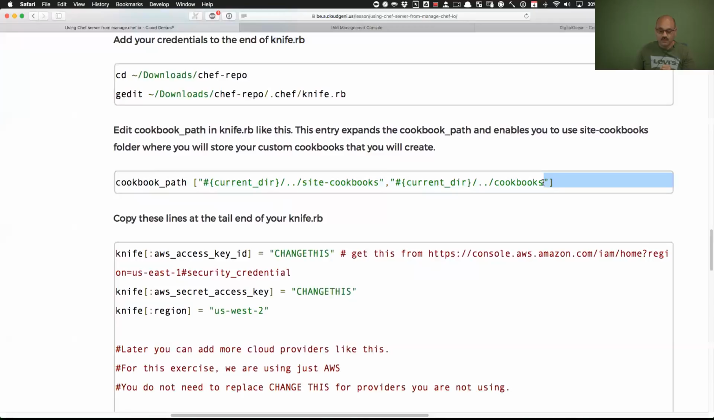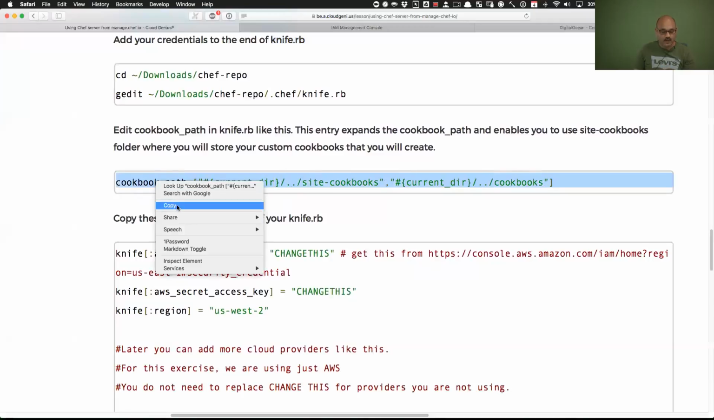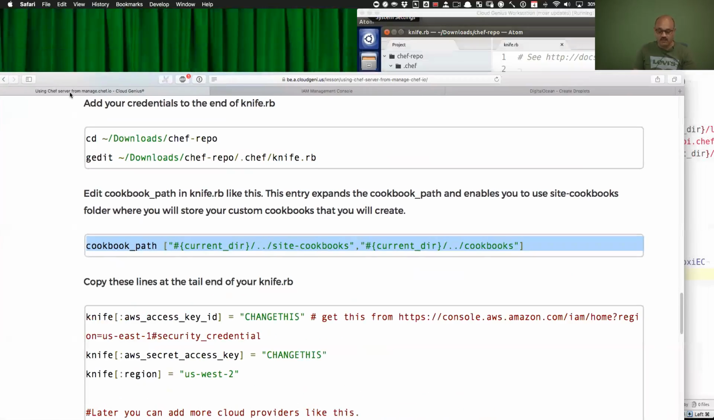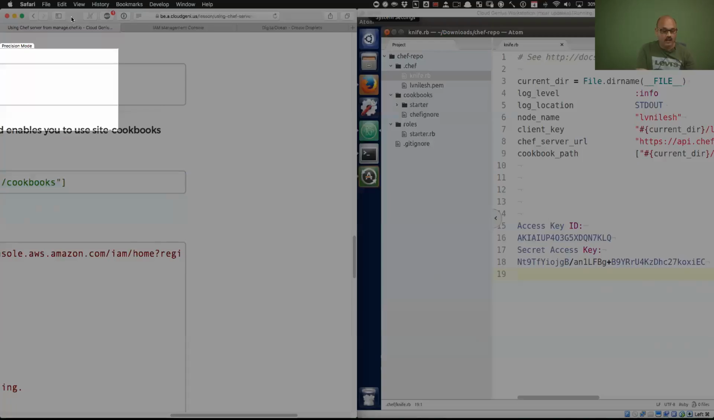That's what I want to be able to do, is grab this, copy it, and go to my chef repo, that knife RB folder, and in there,